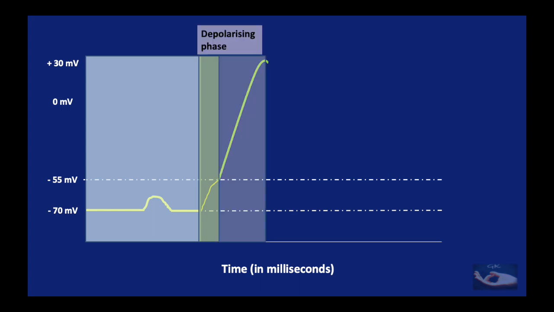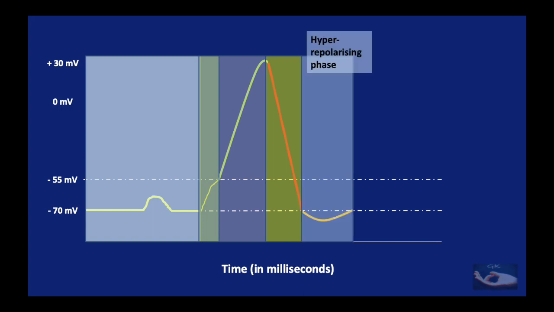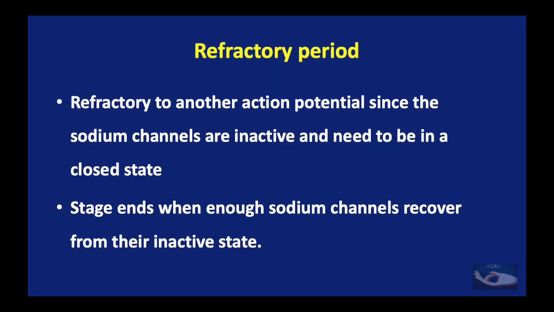This is the depolarizing phase in which it can reach up to plus 30 millivolts. Then it starts repolarizing again in what is now called the repolarizing phase. This repolarization does not immediately stop at minus 70 millivolts but goes beyond that, hence called the hyperpolarizing phase. The electrical potential then comes back to minus 70 millivolts, which is the resting membrane potential, and enters the resting phase again. When the nerve is going through the action potential phases, it cannot be stimulated by any other stimulus